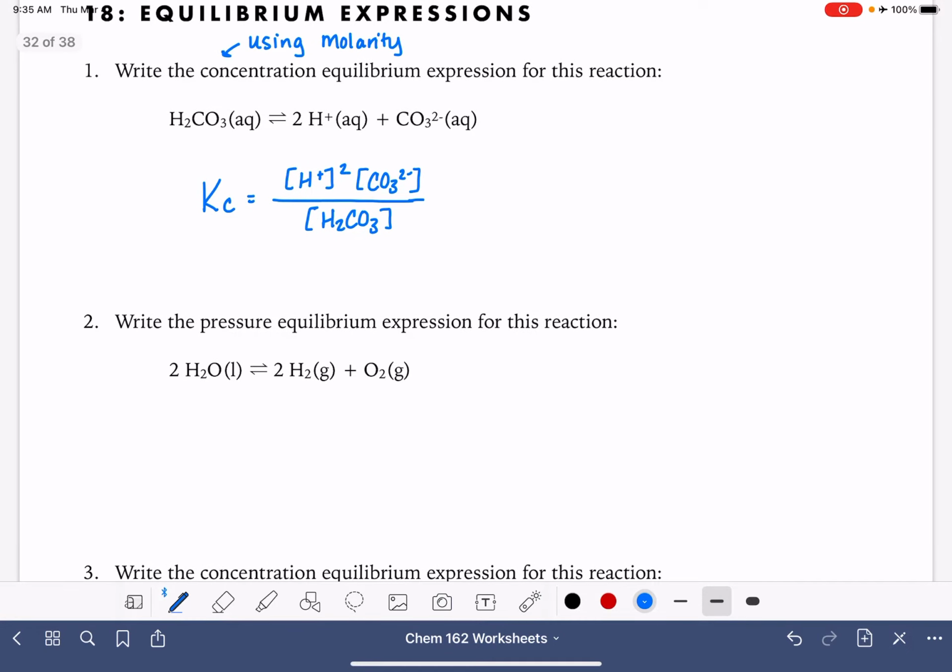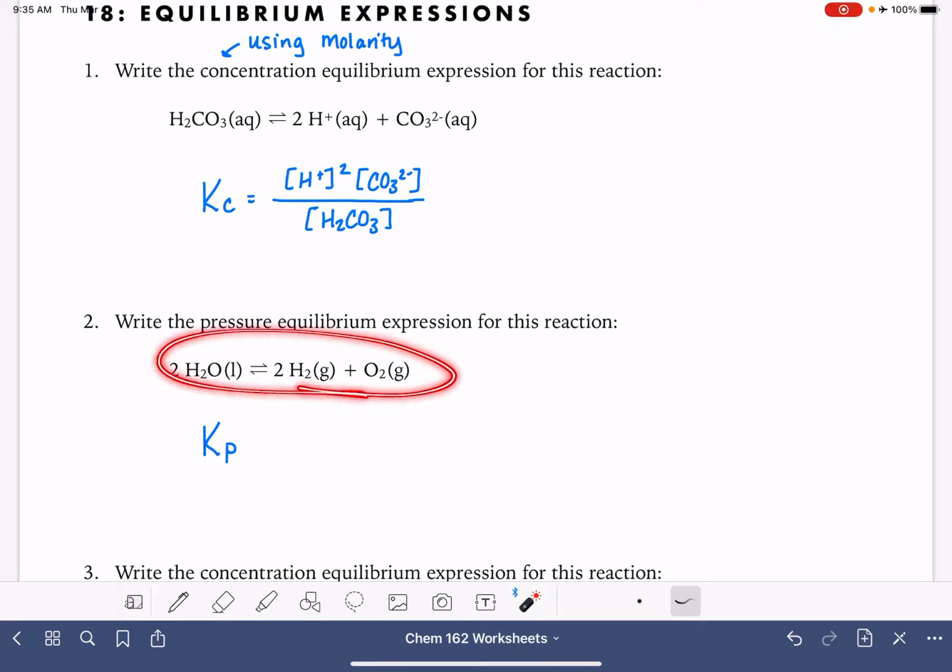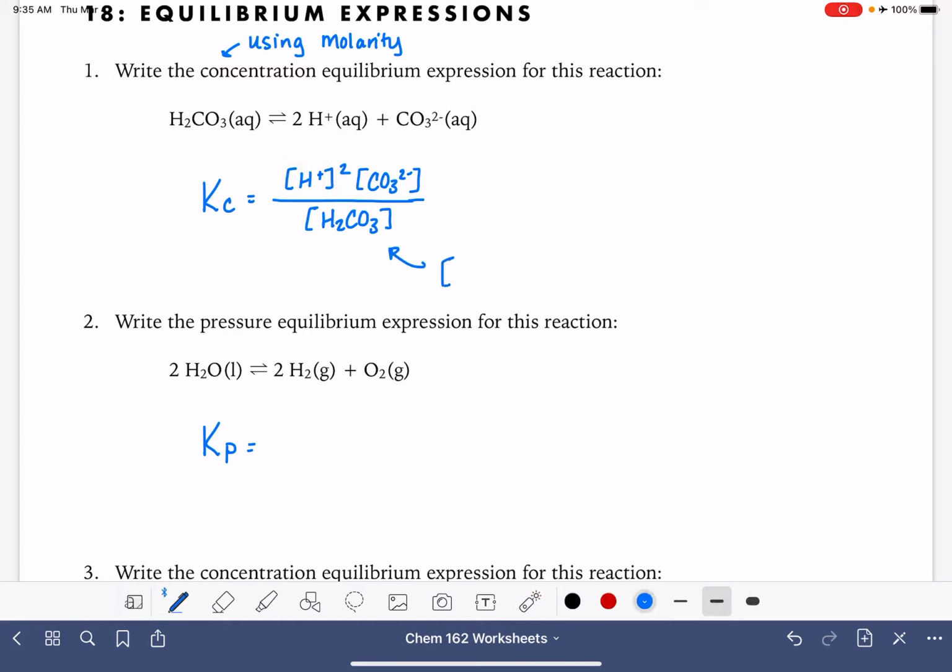The next problem, we're going to be writing a pressure equilibrium expression. So that means that we would call this a Kp with the subscript P for pressure. This means that we're going to be writing this equilibrium expression using the pressures of the gases that are in this problem. So we're going to start with our products. We have H2 gas. If we're doing a pressure equilibrium expression, we don't use the square bracket notation. The square bracket notation is used to indicate the molarity of the substance. So when we have H2CO3 inside square brackets, that means that we're referring specifically to the molarity of the H2CO3